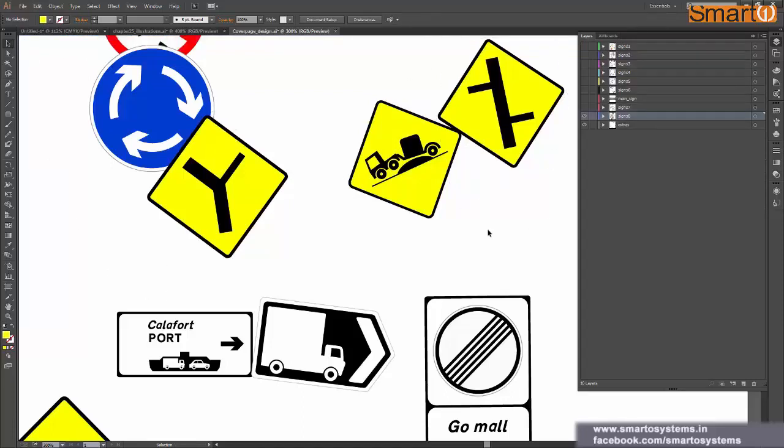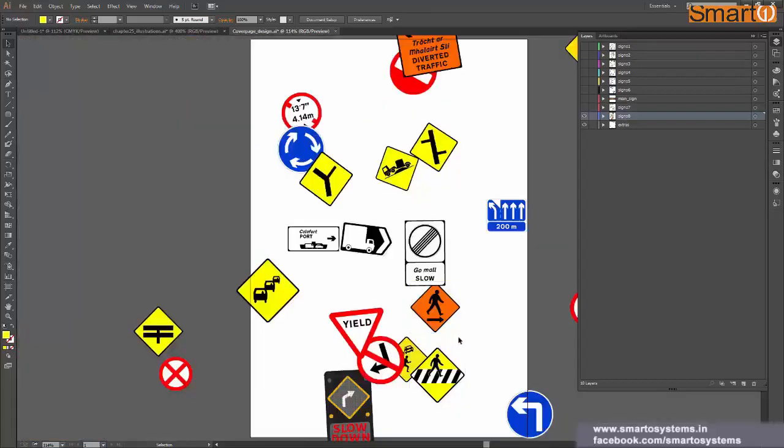Let's jump back to our layers and press Ctrl 0 for fit to screen. Now the next thing we are going to see is this name here. You can double click on this name and you get the option to rename your layer. You can rename it to anything. So let's say Sign 8 and I will say update 1. I have just updated the layer, so I will just say update 1. So that's how you can rename your layer.